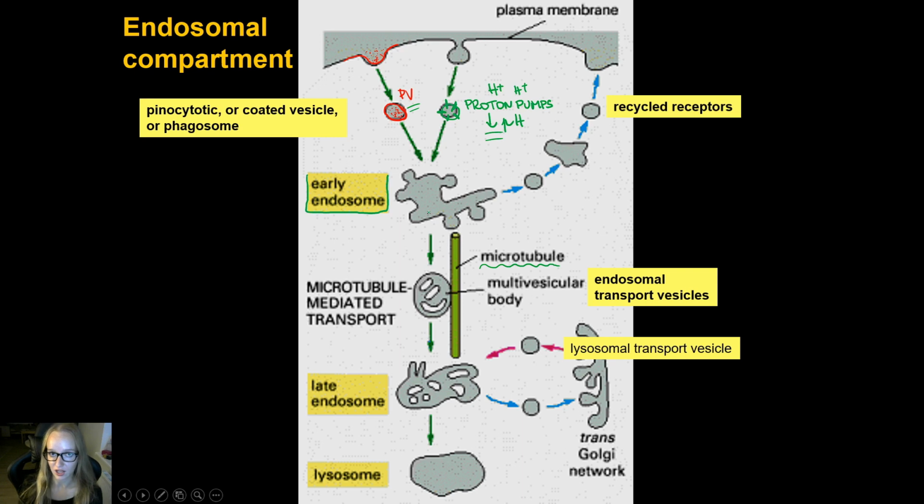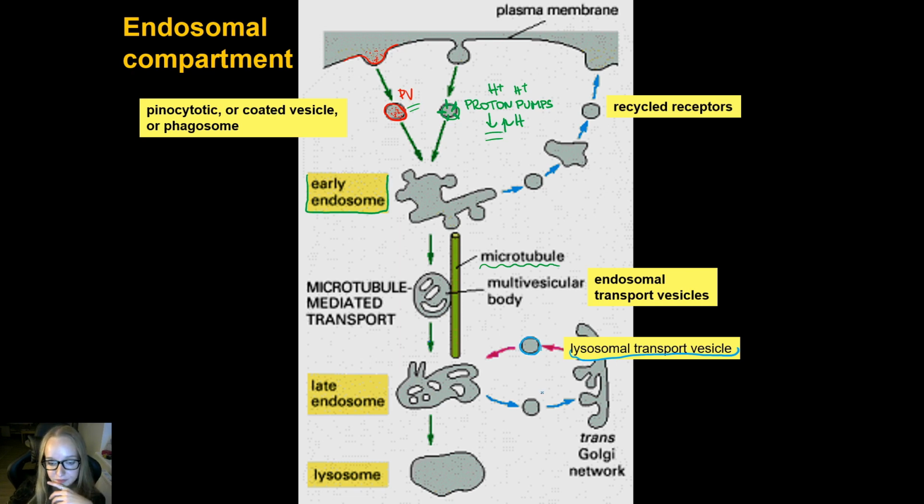So that's like the next stage of an early endosome. We have an early endosome and it's going deeper along microtubules. Then we call it an endosomal transport vesicle or multivesicular body. And when it's deep enough, we call it a late endosome because it's older. And when the late endosome fuses with the lysosomal transport vesicle, which was created by the Golgi complex,